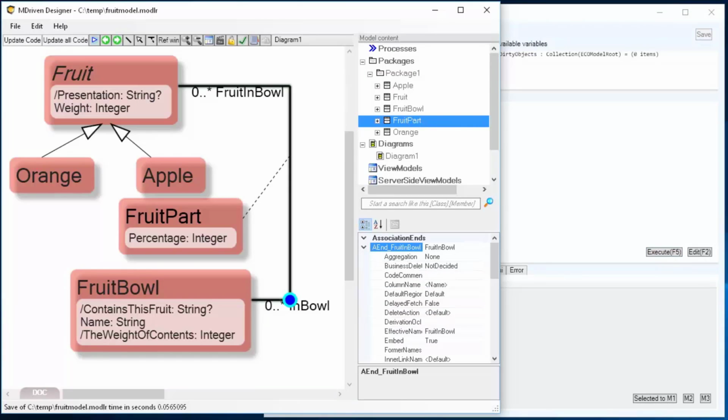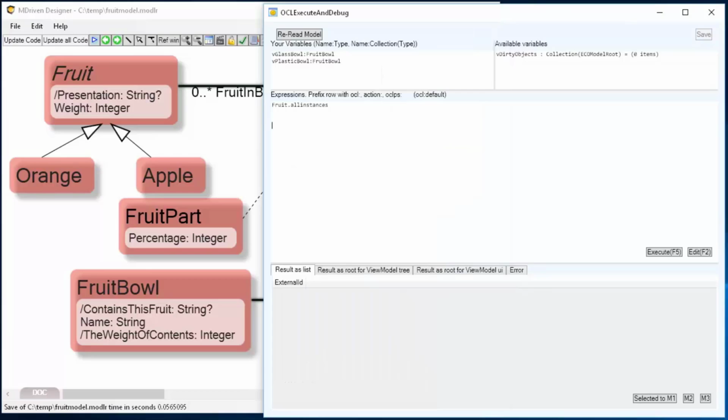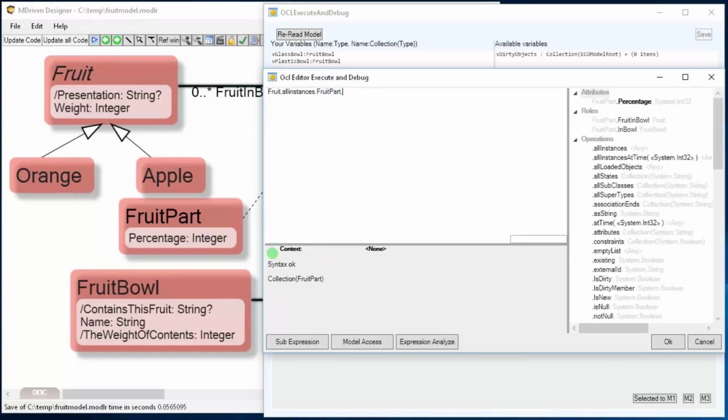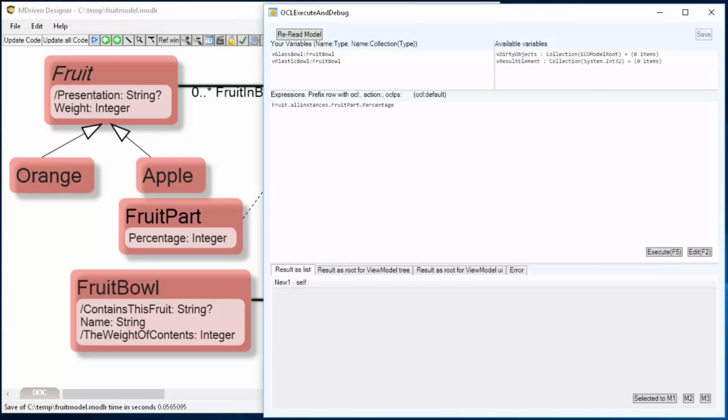So if we watch the inner link name, these are the names to the fruit part of the association. So we'll find that here, fruit part. So fruit all instances and fruit part. The percentage. So if we select this, we should see, okay,